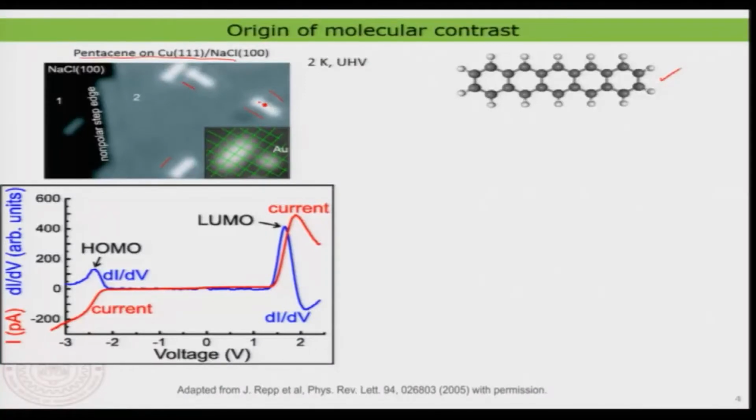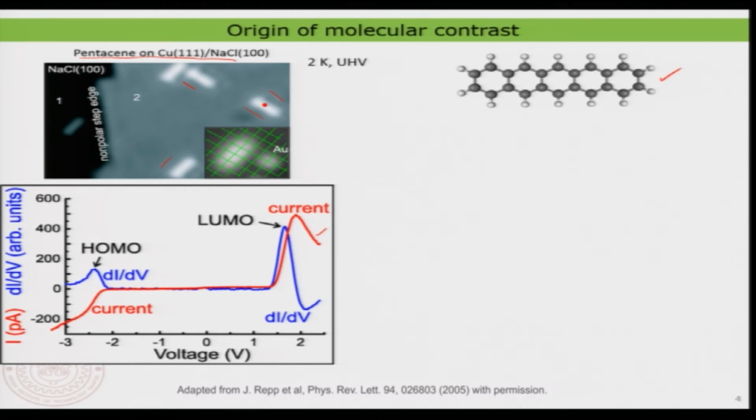When you do that, you measure the current, that is nice, like we expected. So, there is an increase in the current, and then for quite some time there is no current. That is due to the fact that there is no electronic state from the molecule in that region. Yeah? And then you again have an increase in the current, and that is due to the unfilled orbital.